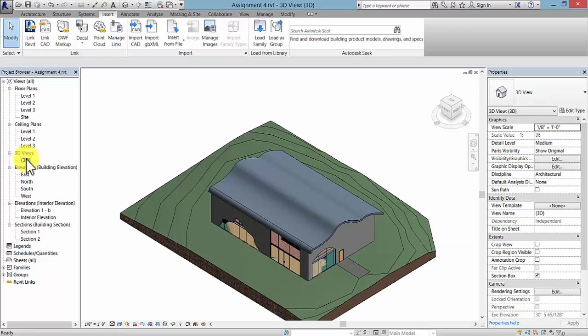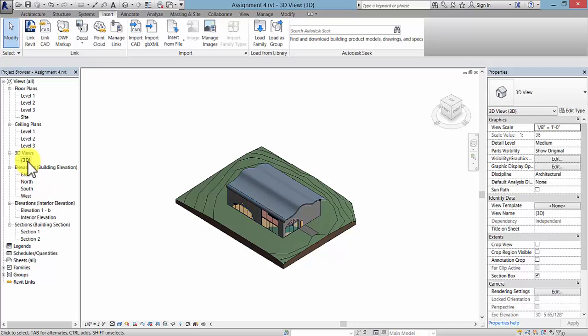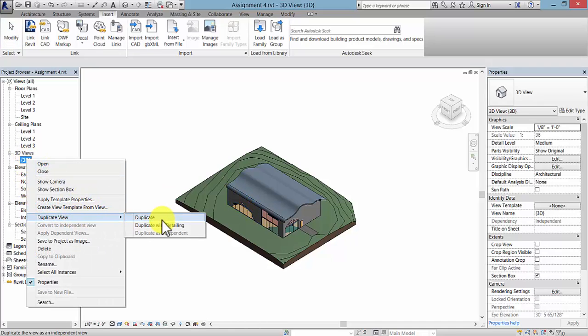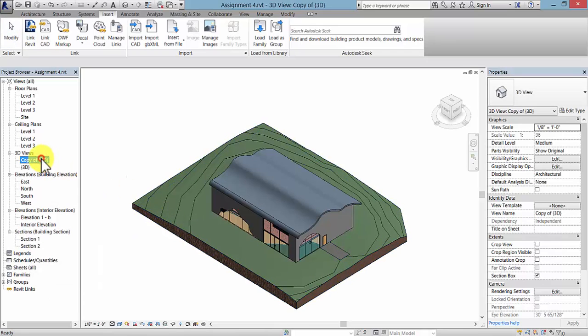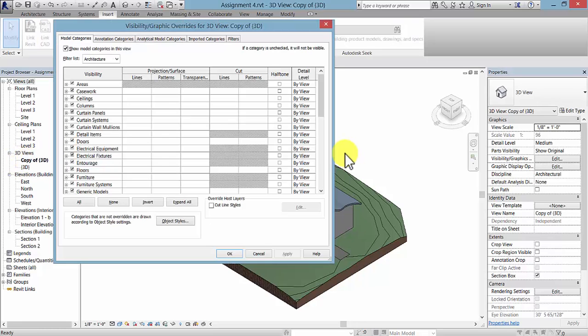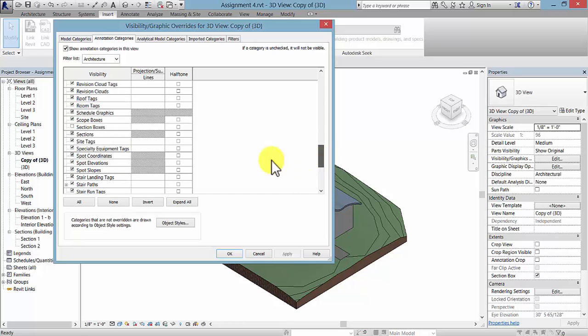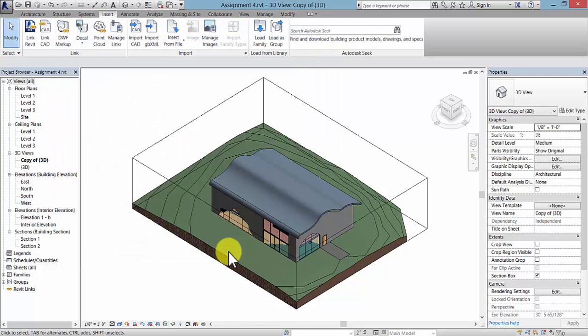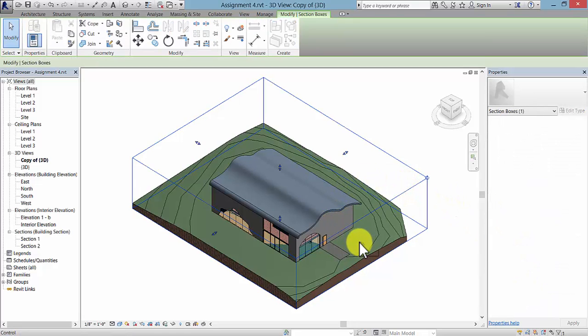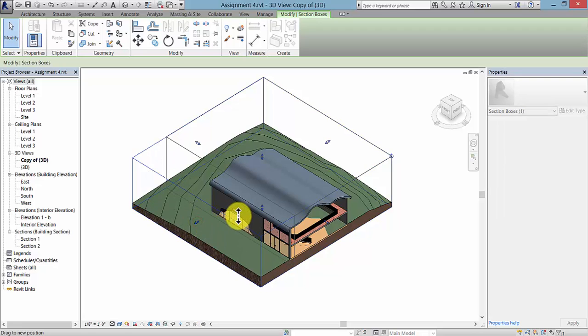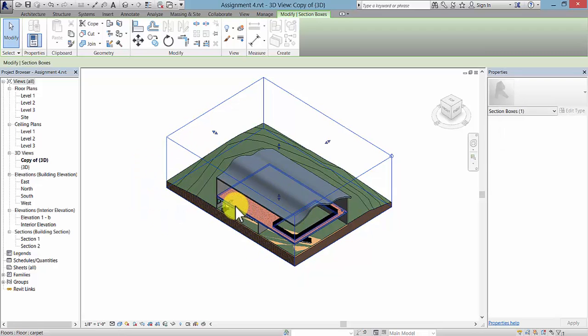Okay, so then what we're looking to do is to create several 3D views. So I can go over to 3D, in our 3D view we're going to right click and pick Duplicate View and Duplicate. And now for that new one, we can double click on Copy of 3D, type in VG, so that you can go to Annotation Categories and put a check mark in front of section box, so that we can get our section box here. We did have a check mark in Properties, but it was turned off in the visual displays. And we can use these small little blue grips to crop the view